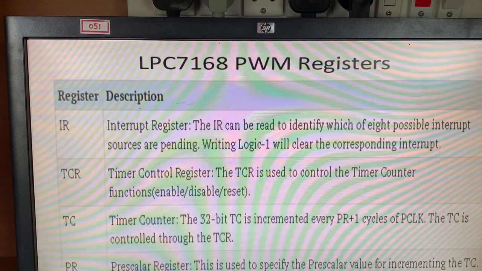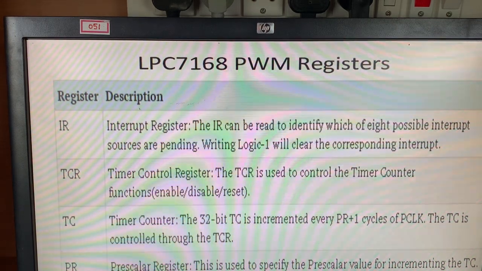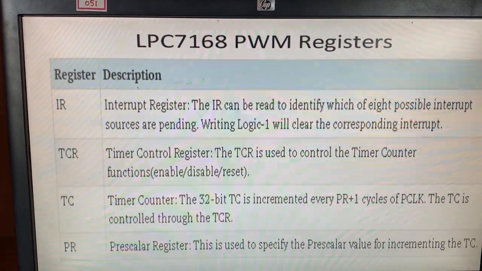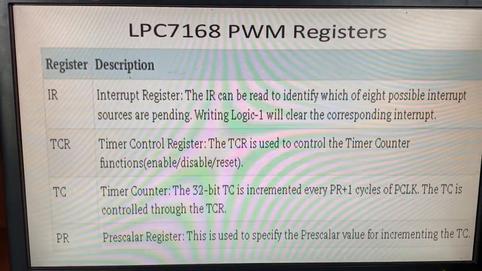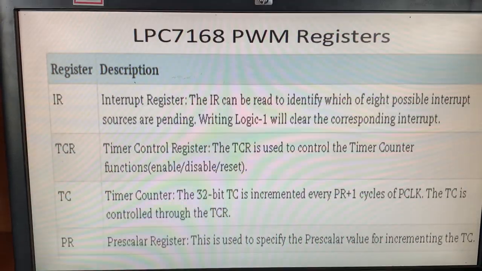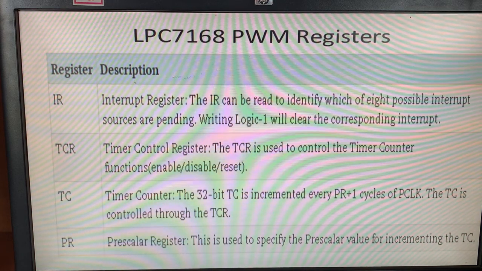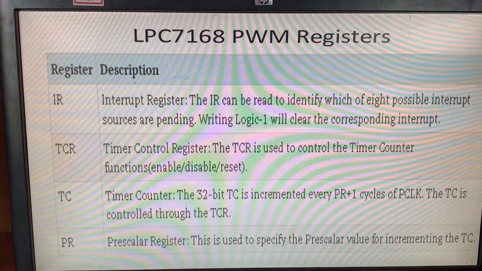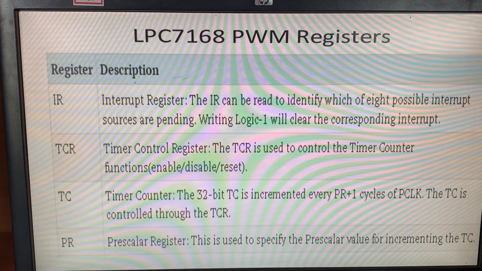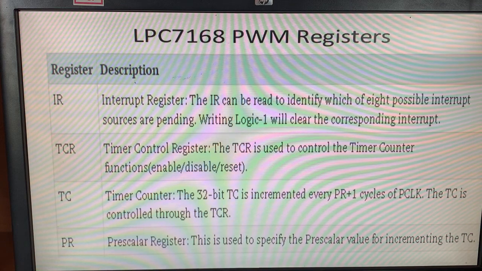Coming to the important registers we are using in the LPC 1768 series, the first one is IR, the interrupt register. The IR can be read to identify which of 8 possible interrupt sources are pending, or it can be rewritten according to our requirement.